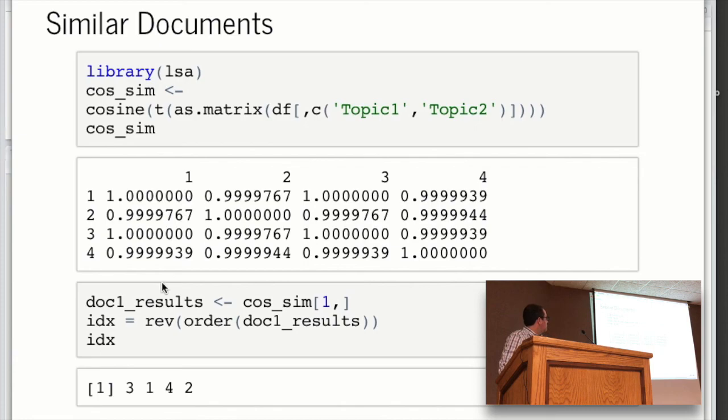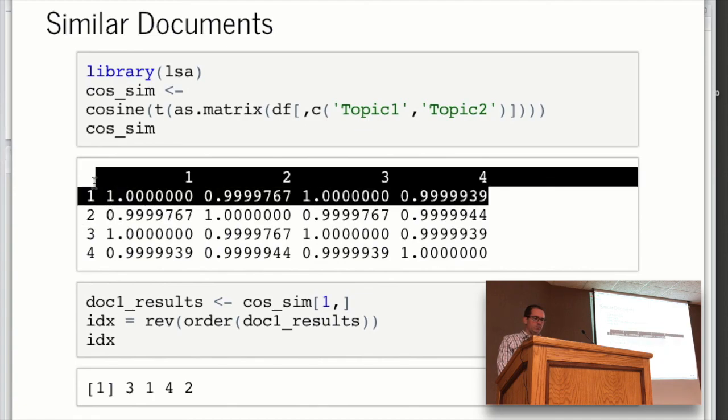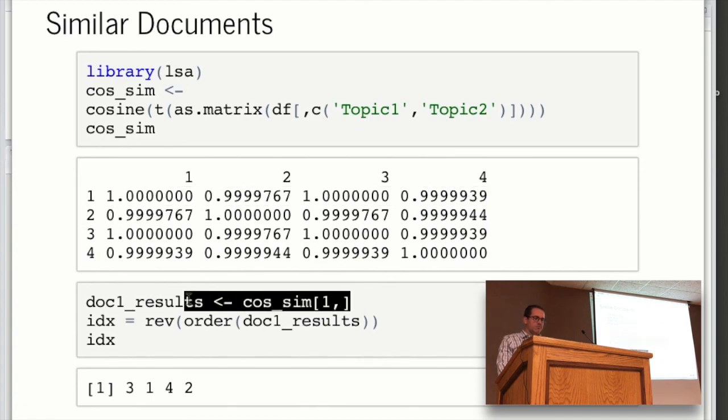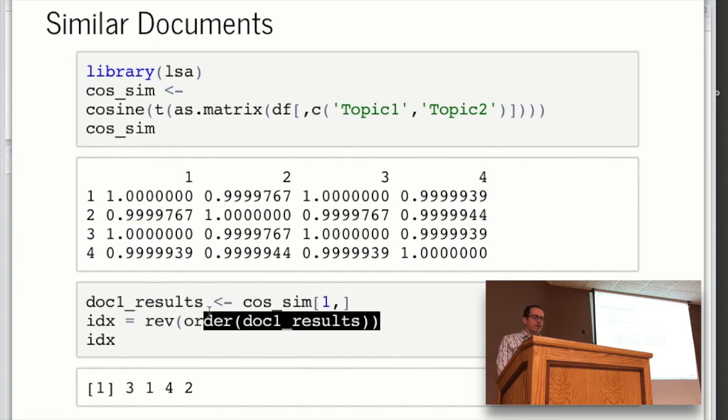But if I want to see, for example, the results or rankings for the first document, I just take the first row, that's what I'm doing down here. And then I can get an index by saying, give me the order of that. Order, remember, isn't going to give you the values, it's the indexes of them. And then I'm reversing it, so I'm getting a descending value.